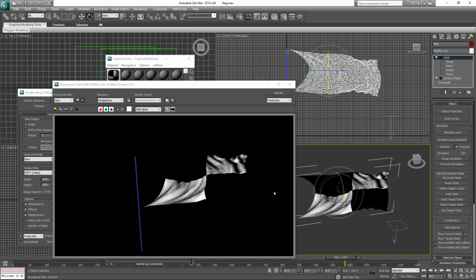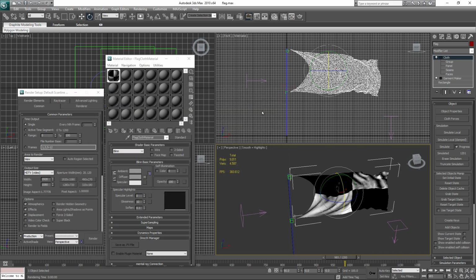Yep, it is right here, but the background is pretty much black, so this is why it is like that. So let's go ahead and cancel that, close that, and let's go ahead and save that. Okay, now let's go ahead and click on that diffuse, that M icon again,